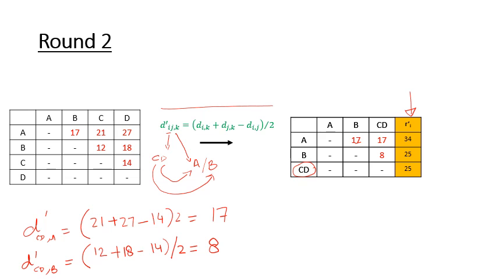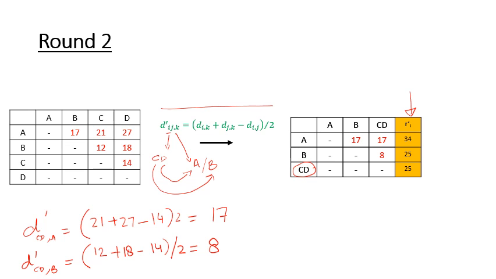So now you have your new distance matrix, and you have computed the R prime I values. The next step is the same. You'll do the corrective step. You'll do the corrections in your distance matrix and update your distance matrix, and then you'll join together two new taxa and compute their branch length. Okay, so